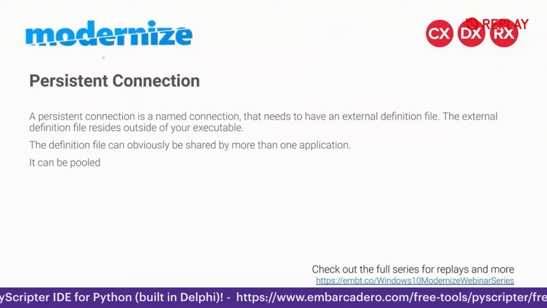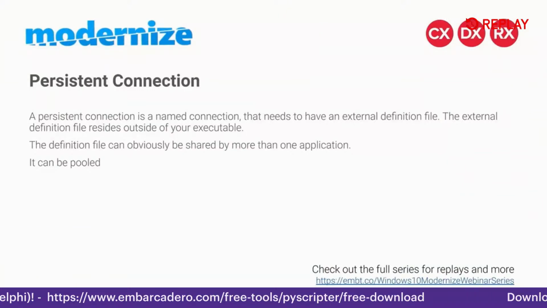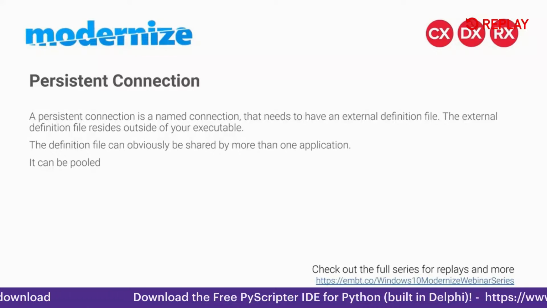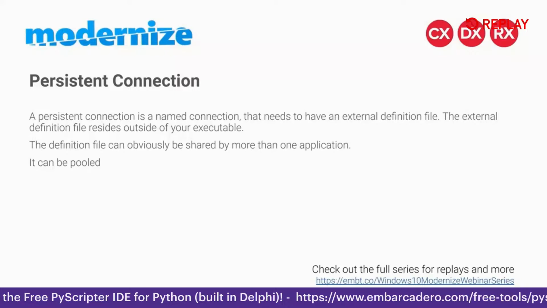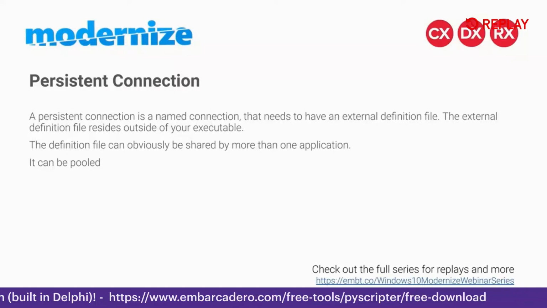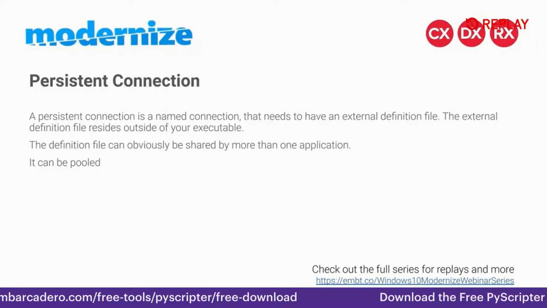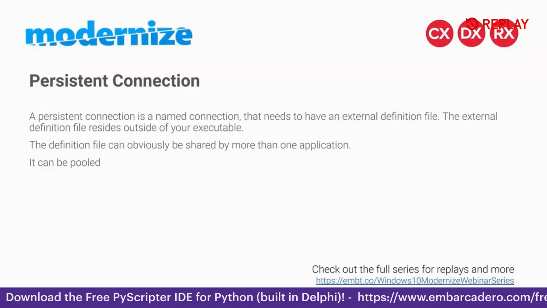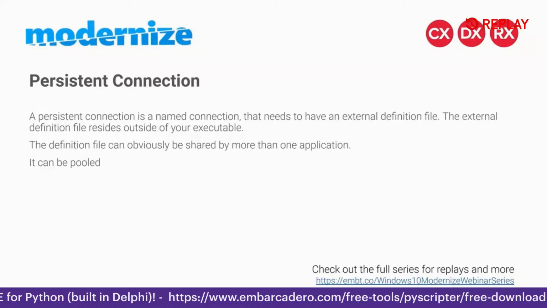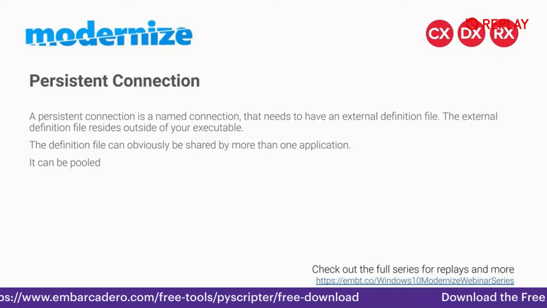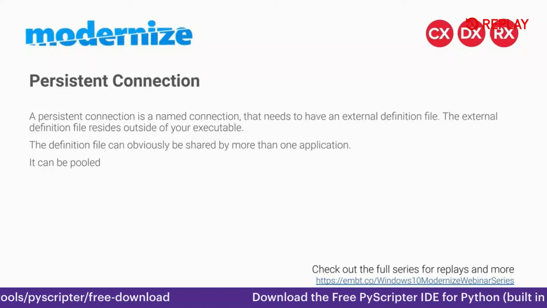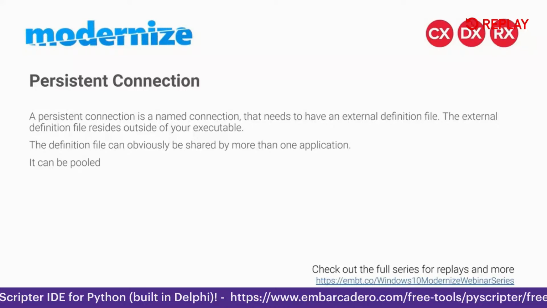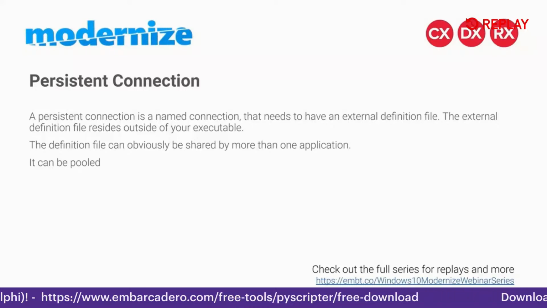So, as I said, we have some other types of connections. The next one is a persistent connection. A persistent connection is a named connection, and it needs to have an external definition file. The external definition file is outside of the executable, so it has to be next to the executable file, or somewhere in the path of the client where you are running the application. Obviously, this definition file can be shared by more than one application, and one other good thing about it is it can be pooled. Not the definition file, but the connection can be pooled, and